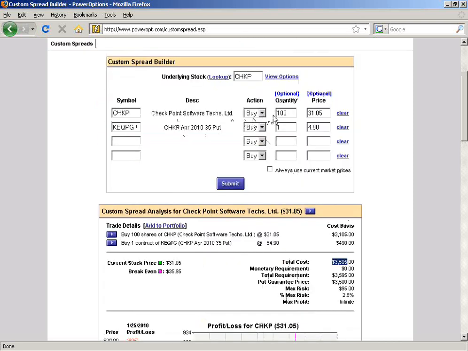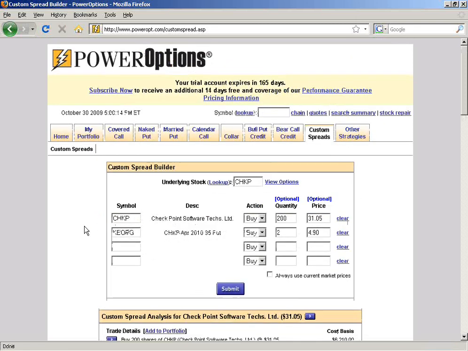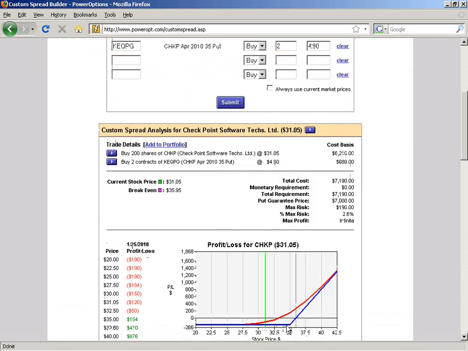Let's plug that in, okay? We can do 200 shares and 2 contracts. Let's resubmit that and look at the numbers. The profit and loss chart is going to look very much the same. We're still going to have our hockey stick graph. Blade, as we like to say, Kurt and I like to say it, I'm a hockey fan, so the blade is on the ice. This is the correct position we want to be in. Unlimited upside profit potential on stocks we think are going to grow, and a very limited risk down on the downside. Okay? So now with the $10,000, we've invested $7,100, and we're risking a total of about